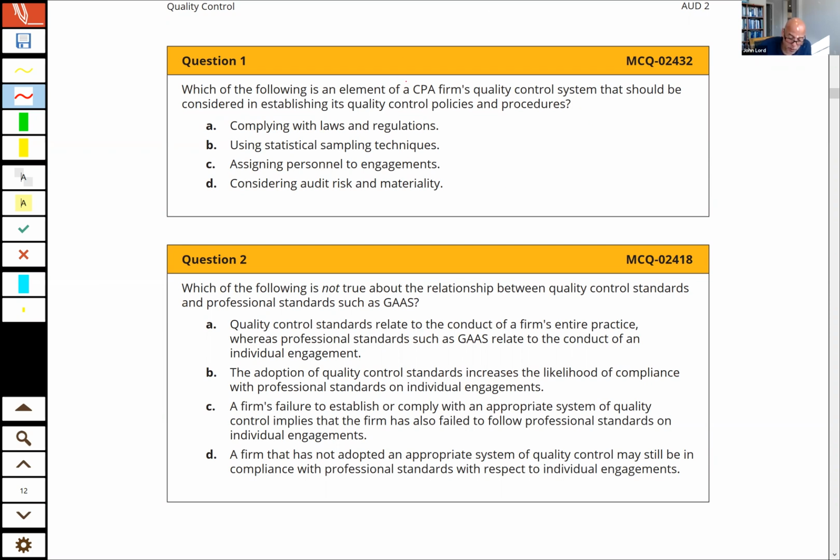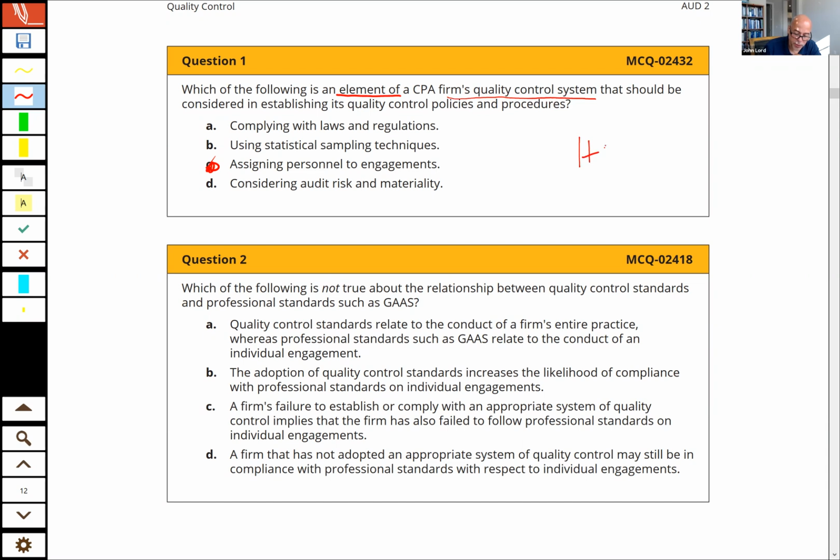Okay, guys, go ahead and make your selection. And let's take a look at this one. And okay, good, 80% of us got it correct. Now, the answer is C, but the way to answer this question, since they are asking me about the elements of the quality control system, okay, then we know